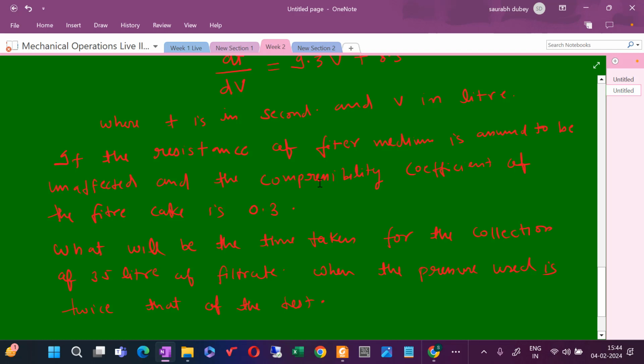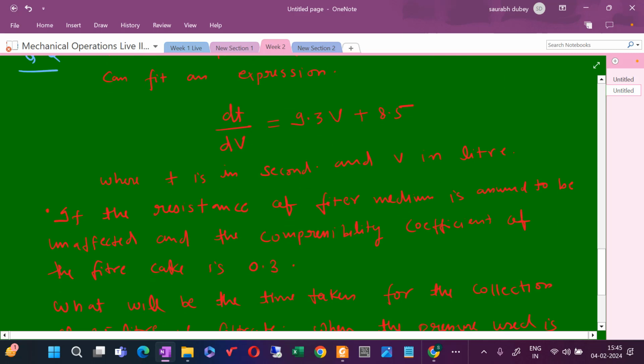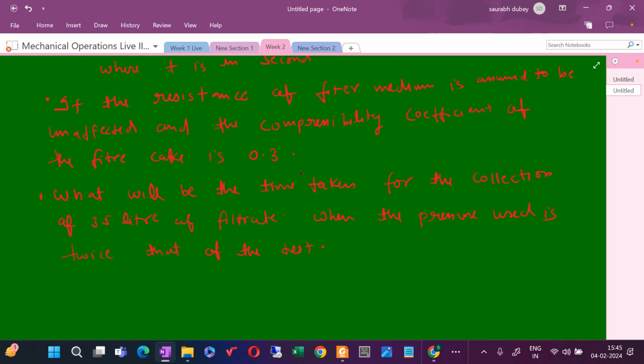Okay, so this question had three basic points, and you are asked here, what will be the time taken for the collection of the 55 liter of the final filtrate? So, solving this is like,